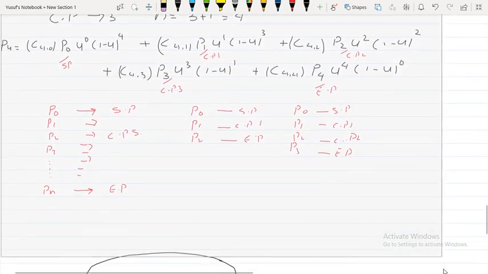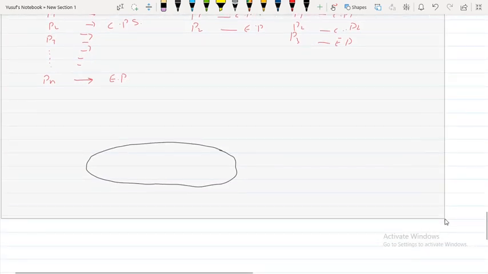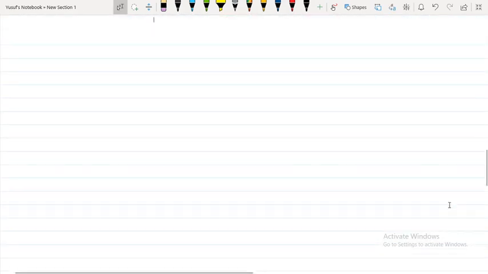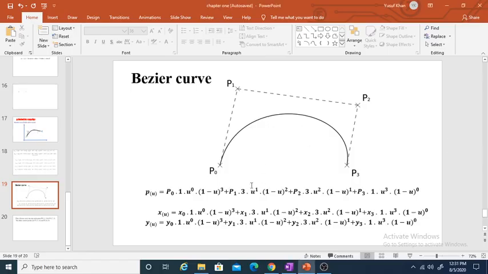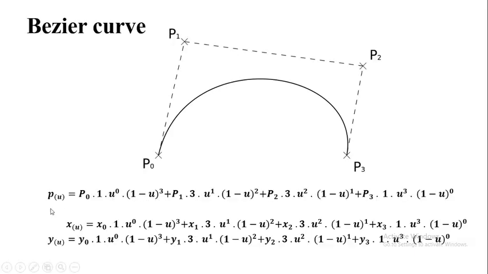So I have written the points in P form. The same equation you can write in terms of x and y, for example, as given in this slide. So it is the equation for the Bezier curve, to plot the points of the Bezier curve for two control points. Okay, so P0, P1, P2 and P3, up to 3 we have to take, because the two control points are there, then the value of n will be 3. Up to 3 you have to write.